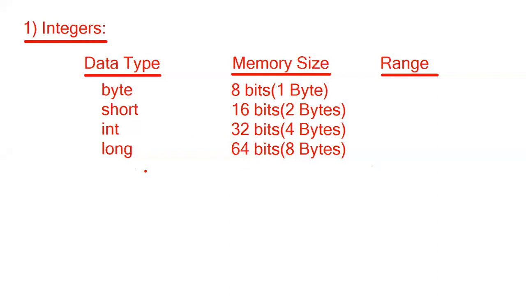See, in a computer, 2 memories will be there: primary and secondary. Primary memory is nothing but RAM. Secondary memory is nothing but ROM, that is, the hard disk. First, data is temporarily stored in the RAM. Later, if you want to store it permanently in a database, you have to write some code. Then it is going to be saved. But in RAM also, and in hard disk also, bytes and bits like this only will be there.